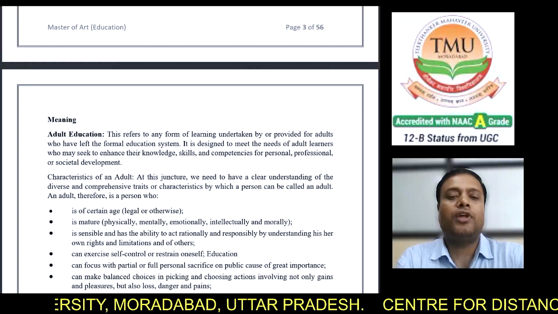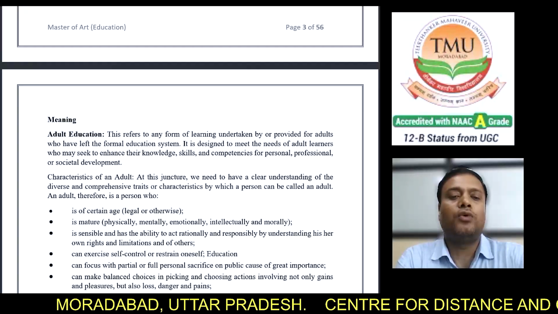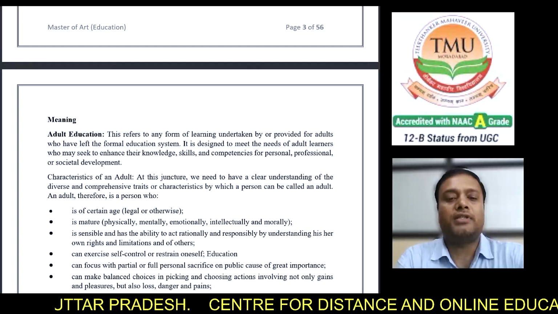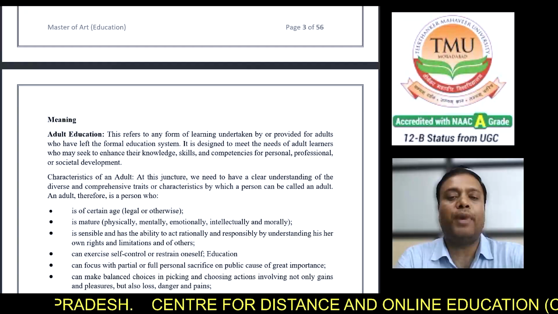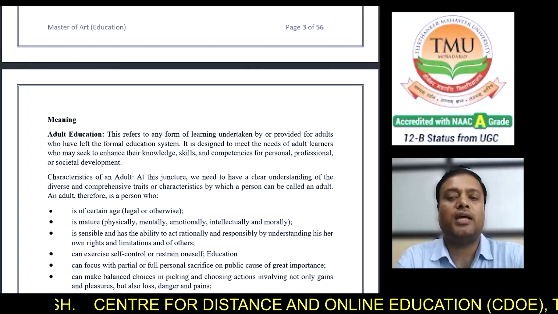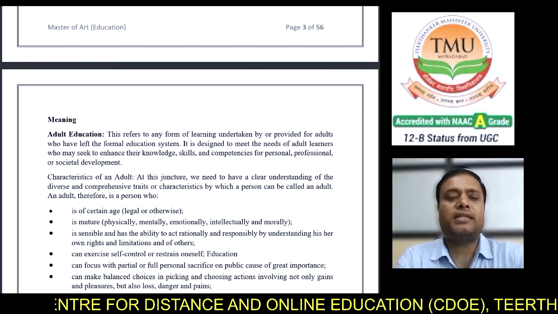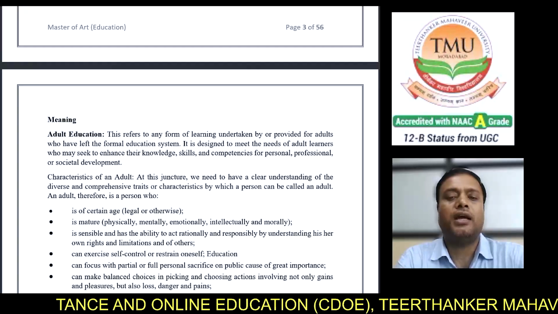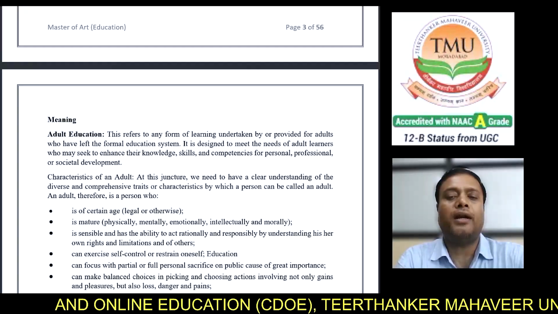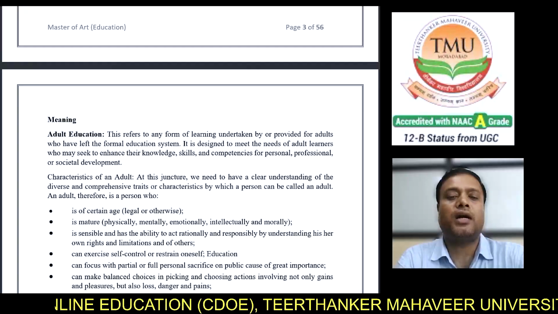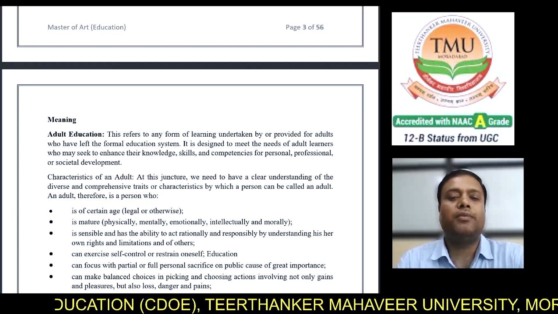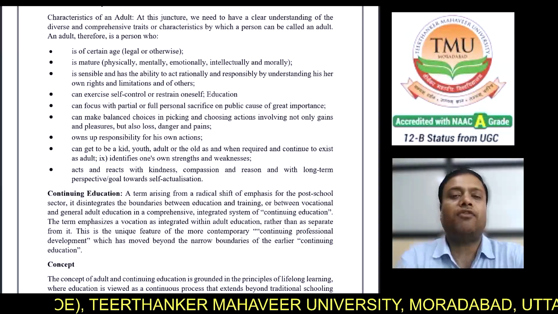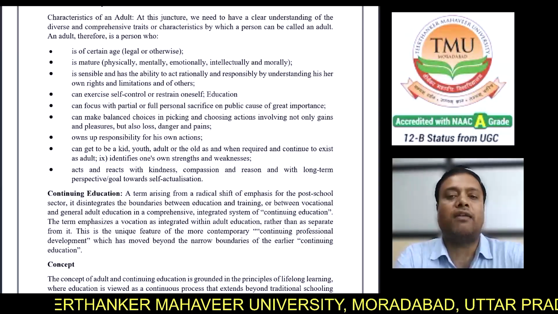An adult, therefore, is a person who is of a certain age, legal or otherwise, is mature physically, mentally, emotionally, intellectually, and morally, is sensible and has the ability to act rationally and responsibly by understanding his or her own rights and the limitations of others, can exercise self-control or restrain oneself,